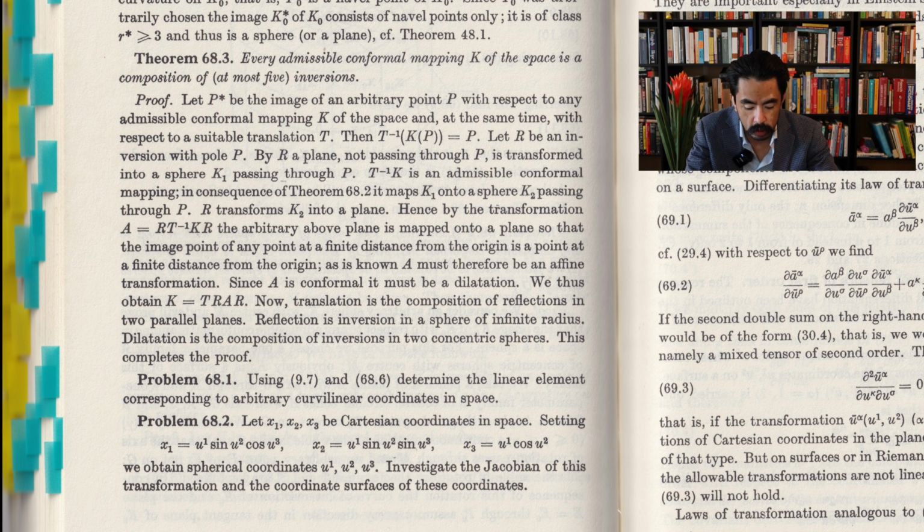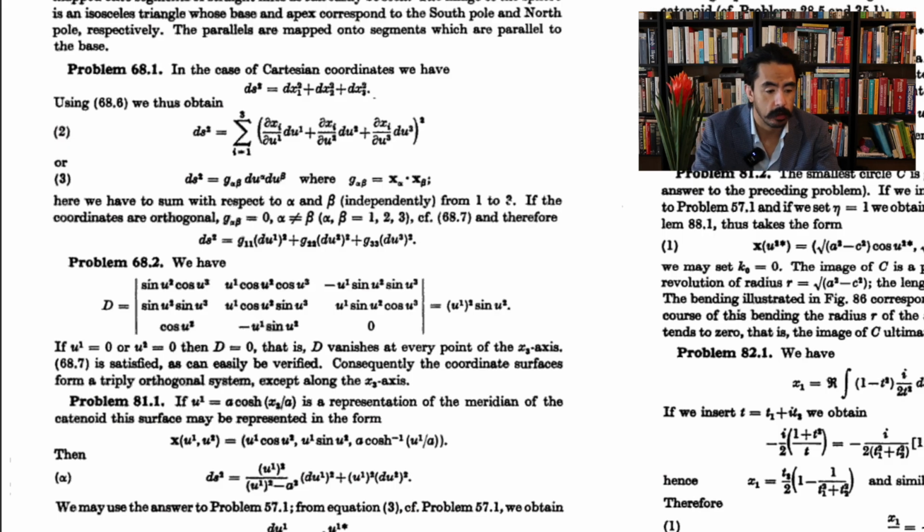Using those, determine the linear element corresponding to arbitrary curvilinear coordinates in space. The solution is as follows. In the case of Cartesian coordinates, we have ds squared is equal to dx1 squared plus dx2 squared plus dx3 squared. Using the notation for a transformation of introducing these curvilinear coordinates, which we went over in the section, we thus obtain that ds squared is equal to a sum on the index i from 1 to 3 of the quantity